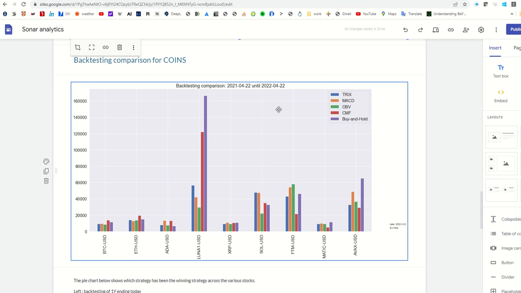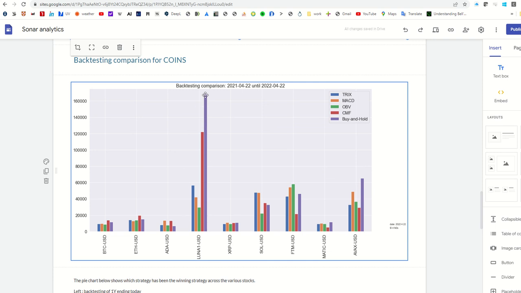For the coins, this is the detailed bar plot. We have here Bitcoin, Ethereum, Cardano, Luna, Ripple, Solana, Phantom, Avalanche, and Matic. What we see here is not a lot of variation across the different strategies. For example, Bitcoin would give us something like 15,000 across all these different strategies. Here is an exception. Luna went totally parabolic, with the best strategy for sure being buy and